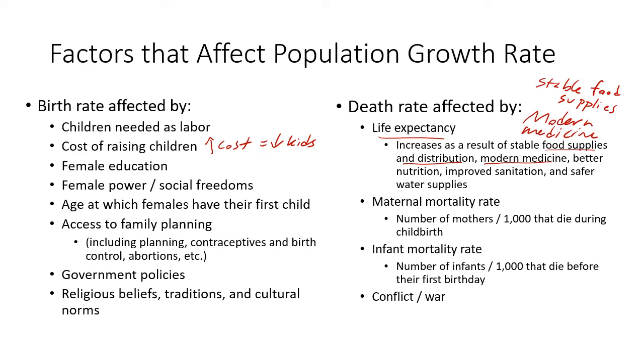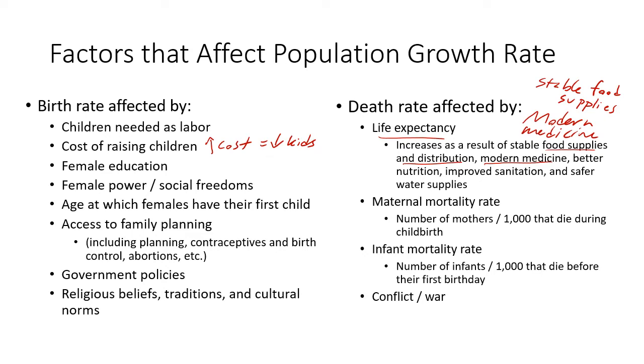Maternal mortality rate, this is the number of mothers per 1,000 that die during childbirth. As you decrease the maternal mortality rate, you decrease death rate. Okay. There's also infant mortality rate, which is the number of infants per 1,000 that die before their first birthday. So that could be dying during childbirth. That could be dying anytime before their first birthday. Traditionally, before modern medicine, the infant mortality rate and the maternal mortality rate were very high. Okay, having a child is a very risky business without modern medicine,